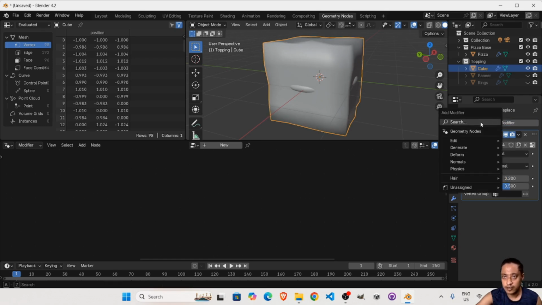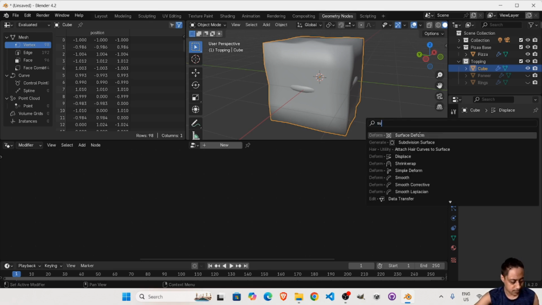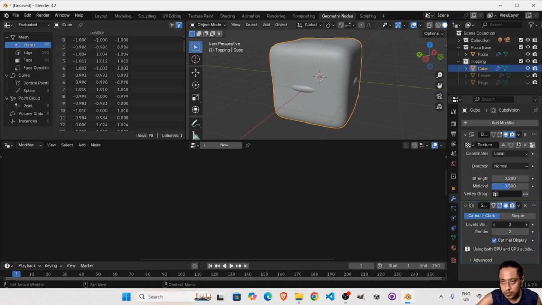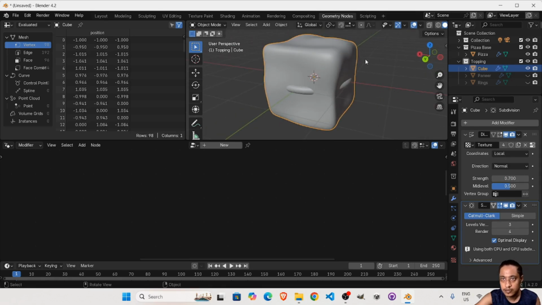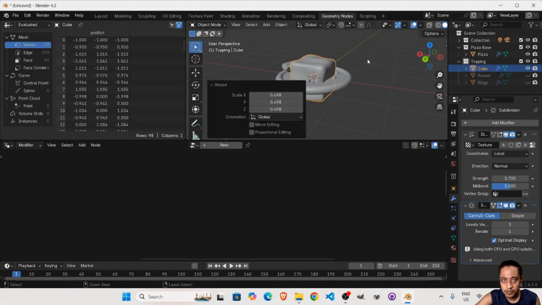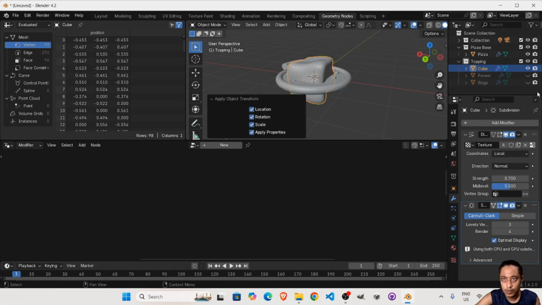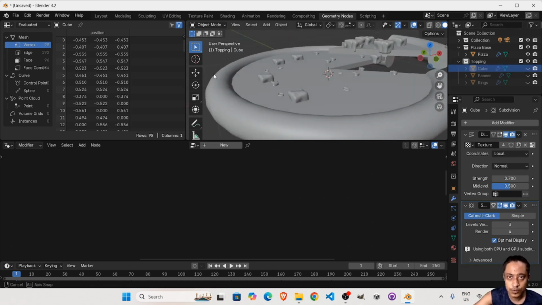Okay, again, subdivision surface, 1 2 3, here we go. Let's give it another little bit of strength. Let's keep it like this and then reduce the size of it. Control A, apply all transforms. Then let's see. So yeah,